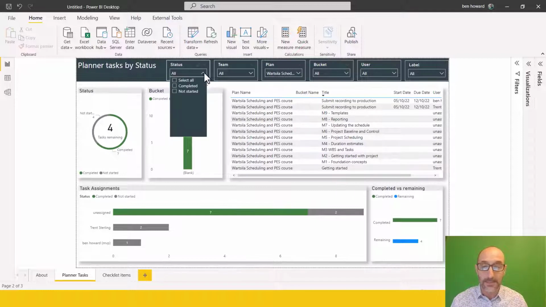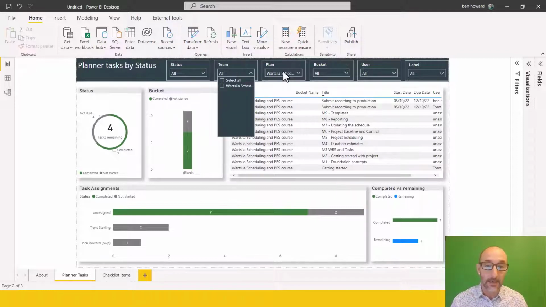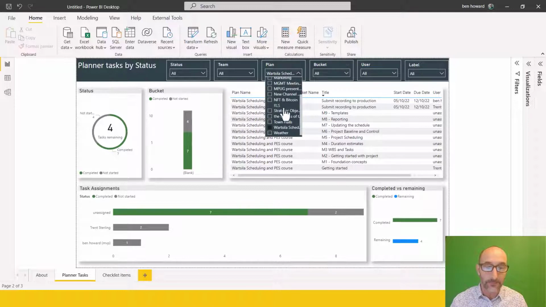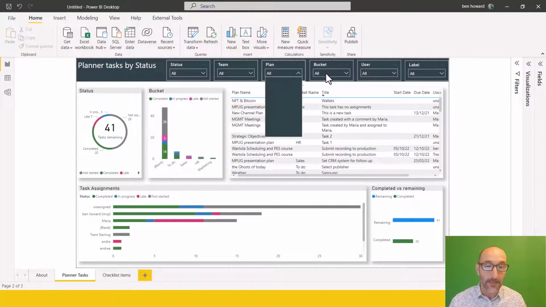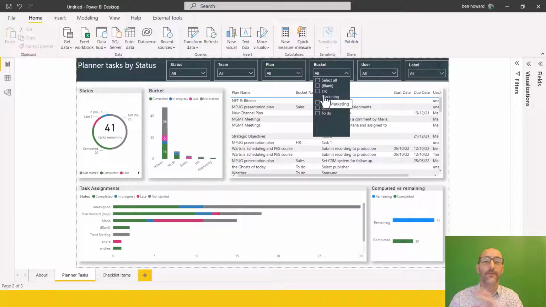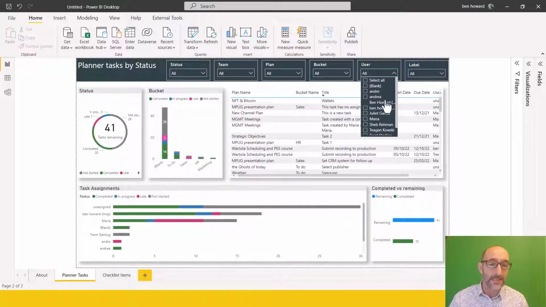So we've got all sorts of good things on here. You can view this by task status, you can view it by team. Let's just select everything in here, of course. Okay, so we could go and view this by team, by plan, by bucket. You can have different buckets across different plans, okay? May or may not make sense, depends upon how you're working. I was working with an engineering company earlier this week, and they've got consistent buckets across all of their effectively Kanban plans in Planner. We can have a look at who is assigned to the task,